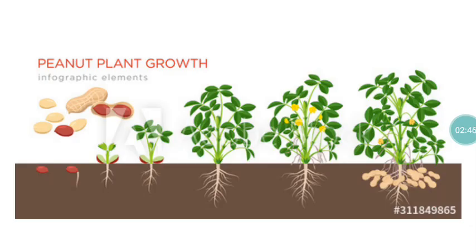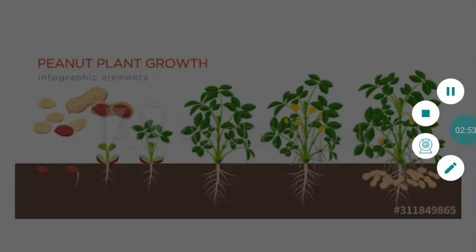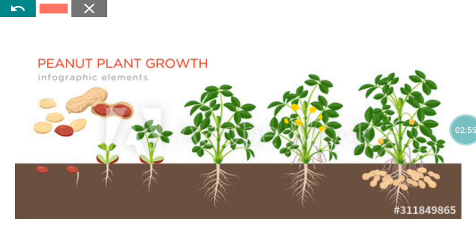So these are the various stages of groundnut plant growth. Here the seeds are sown, then the seed will germinate, and this also follows epigeal type of germination, then the vegetative stage. During the flowering stage we have to pay more attention. After fertilization of the flowers, the peg will bend and try to enter into the soil through the process of peg penetration and pod development. Pod development normally occurs within the soil.